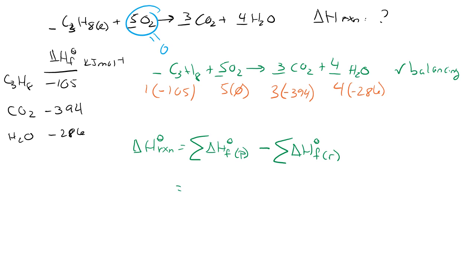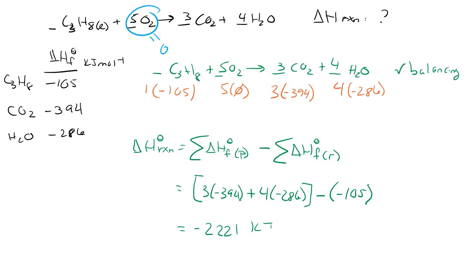What does this look like? So my products, I have 3 times negative 394 plus, because it's summation, 4 times negative 286. And then I subtract that from my 1 times negative 105, because oxygen is 0. Do the math, and you get negative